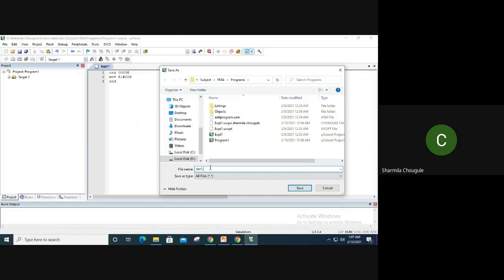Unless you give this file type, it will take the default and will not be able to recollect that file, because it has its own types of extensions. So you have to specify whether it is a .c file or an assembly language file. As I have done the programming in assembly level language, I'll make it .asm. Okay, I'll click save.